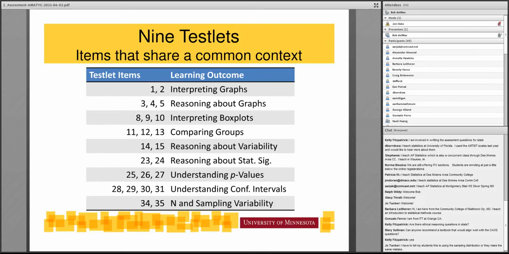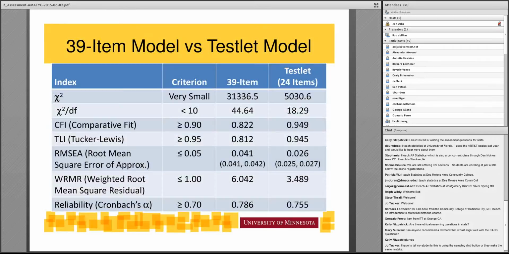So a way to deal with that is to not consider the individual score to each individual item, but to consider the score to the set of items. So for example, for the set of items that have to do with reasoning about graphs, the student is scored as getting 0, 1, or 2 of those items correct. That's their score. So those are considered a set of items that get 1 score for the set. That reduces the number of items, but might create a better fit for the model.